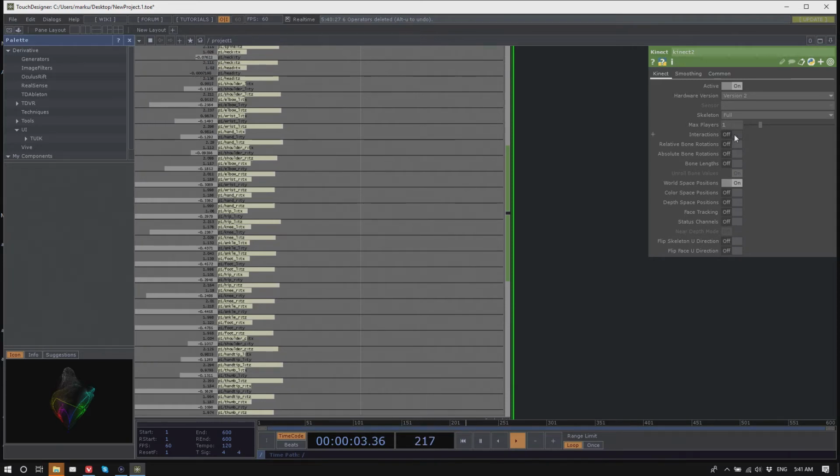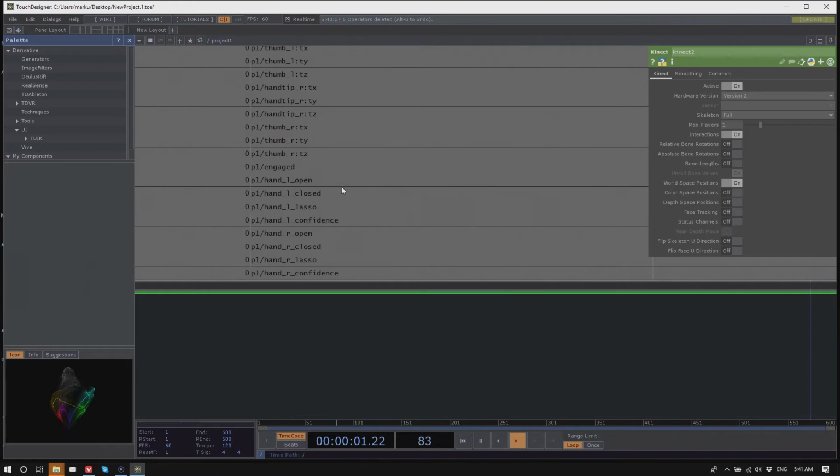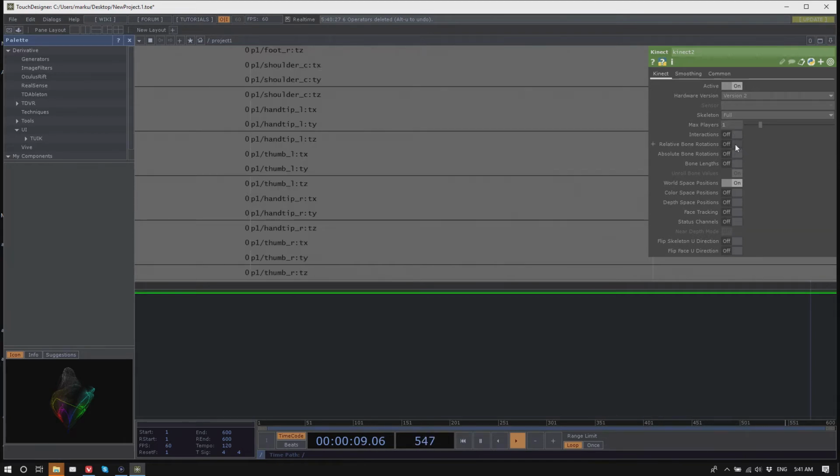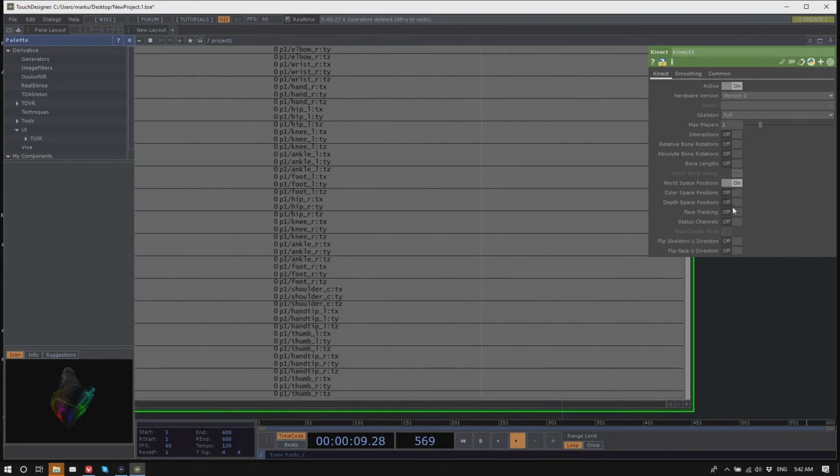There's a certain amount of interactions that it returns. I think there's only a couple left in the Kinect 2, like open hand, closed hand, lasso, and the confidence channel. Then a bunch of values for bone rotations, bone length, as well as positions in the color space, so screen space positions for your skeleton, and depth space, face tracking, and a couple of status channels.